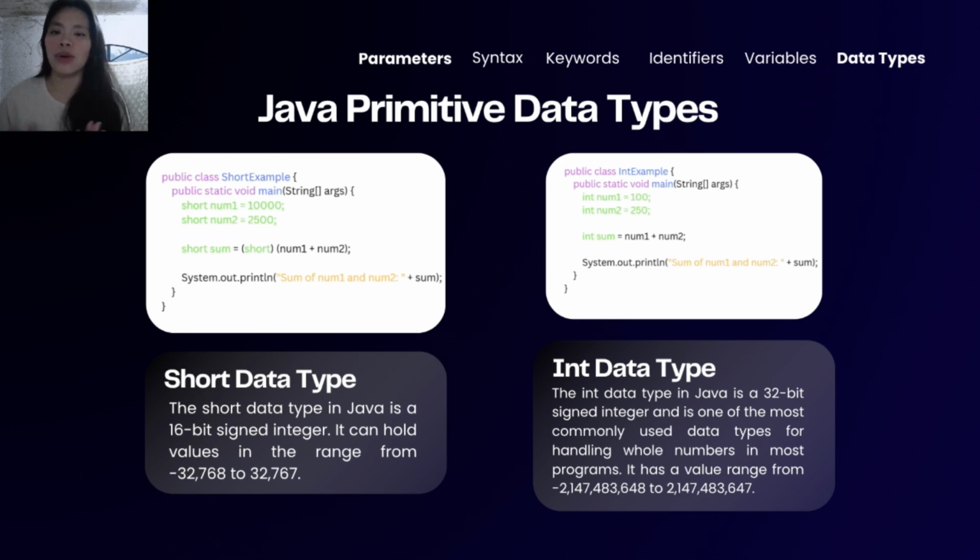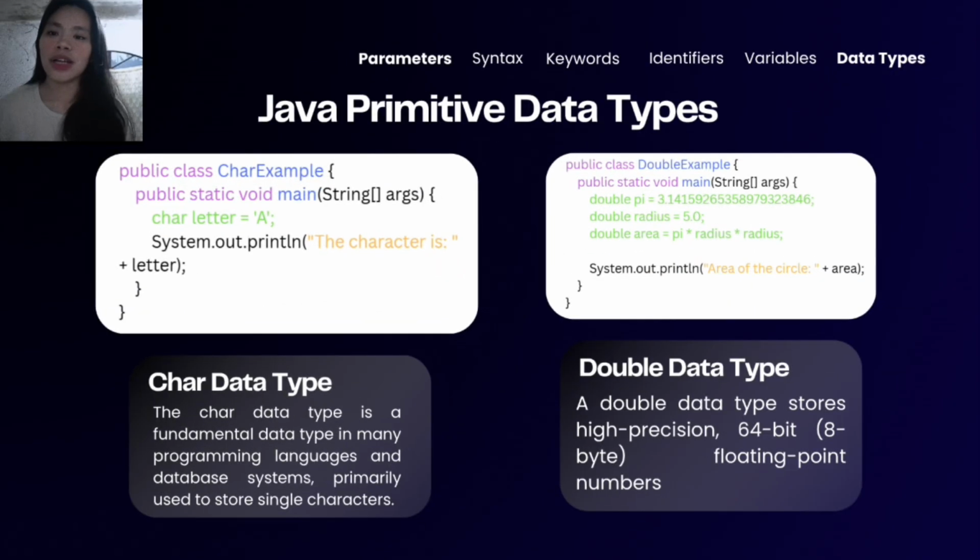int variable called sum. The char data type in Java is used to store a single character, such as a letter, digit, or symbol, and it occupies 2 bytes of memory using Unicode representation. It is useful when dealing with individual characters in a program. In the example, the variable letter is assigned the character A, and the program will display the character is a